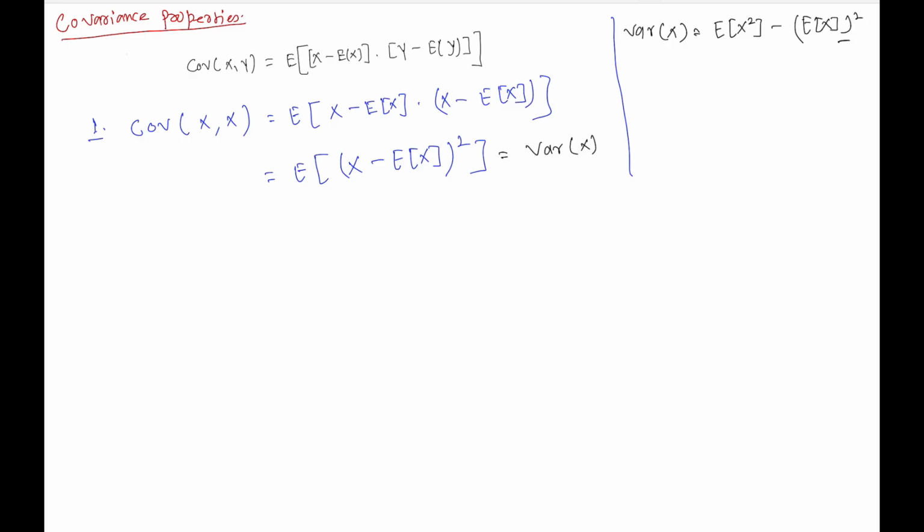We could have a similar type of alternative formula in the case of the covariance as well. Let's try to find that one. So we have the covariance. What we are going to find is the alternative formula that will be helpful while doing the calculation of the covariance. So the covariance that we have here is the expected value of the product of deviations of these random variables x and y from their mean,